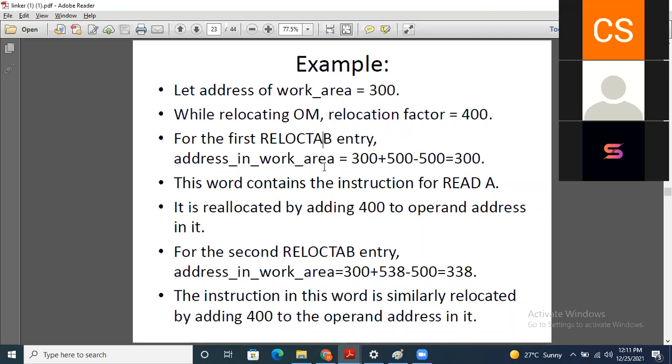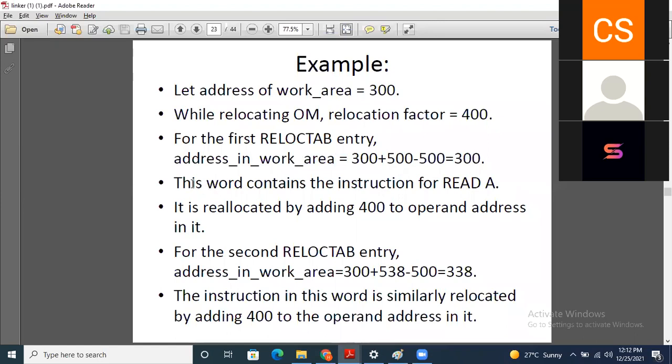You can calculate it as 300, which is the address of the work area, plus 500, which is the translated address, minus 500. Sorry, it is the translated address minus translated origin. So you will get the address in your work area. That is the calculation.